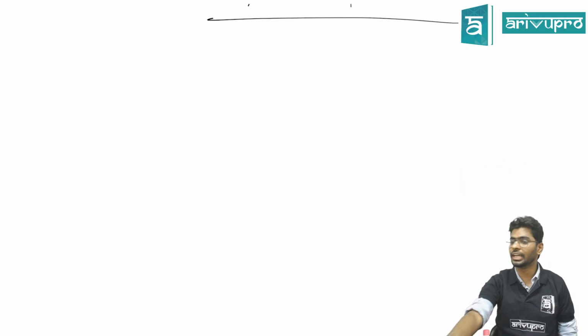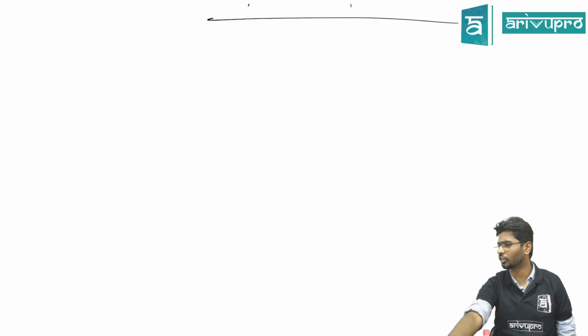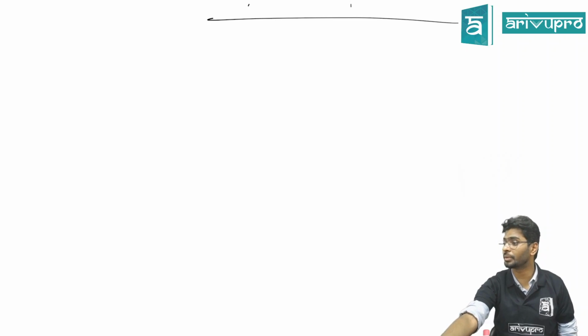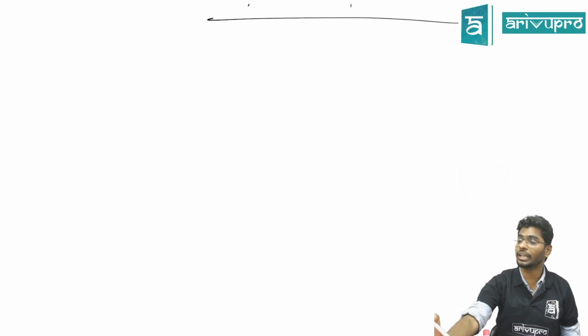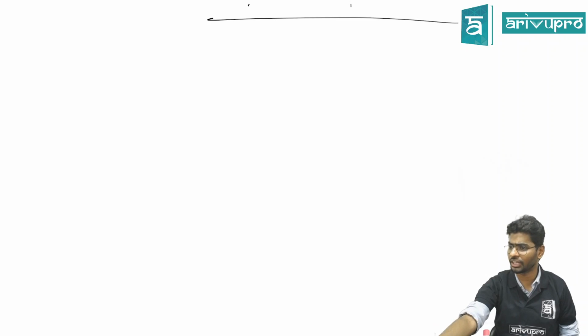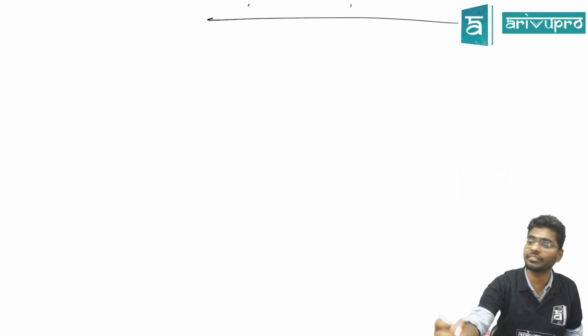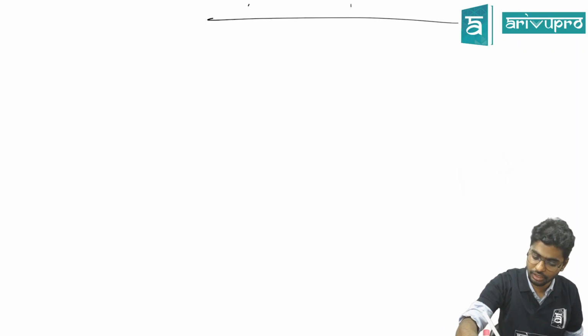Now let me just write a simpler format of my income and expenditure statement and balance sheet. Now my income statement, generally we prepare it for a year. Whenever I write trading and profit and loss account, or I say income statement, generally we will have a heading like this: